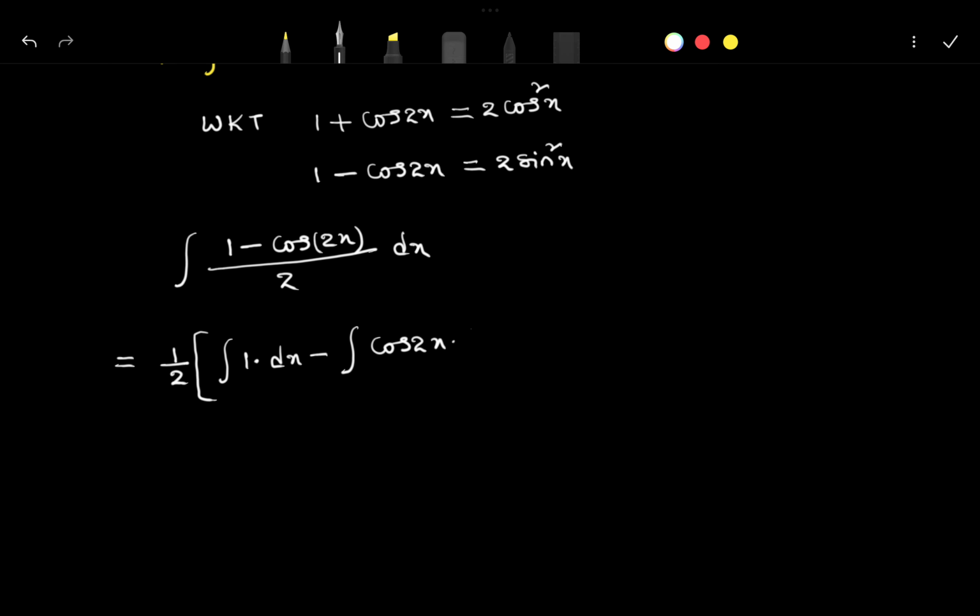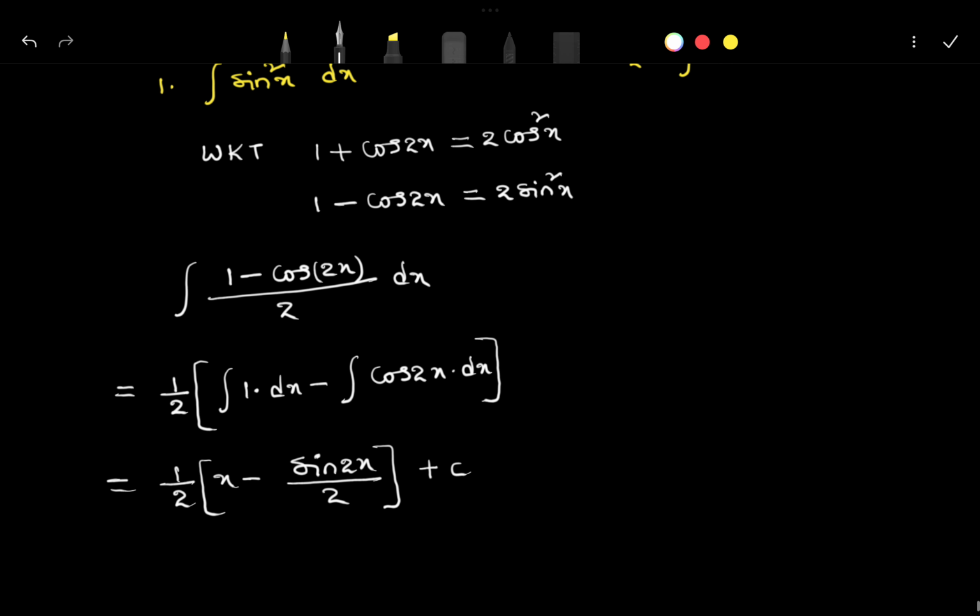You know the integration of 1 into dx will be equal to x. So 1 by 2 into x minus sin 2x whole divided by 2 plus c. So integration of